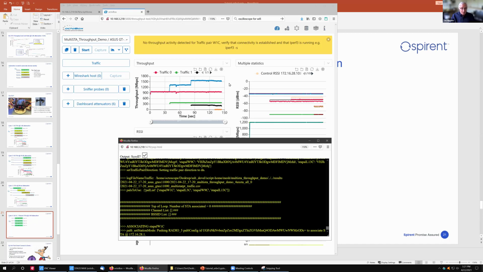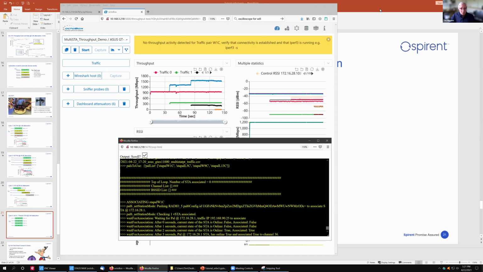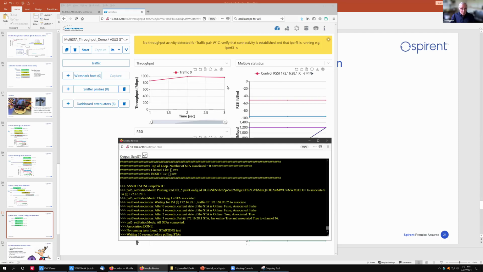There's also a scenario, and I've seen this because I've run this actually in the article that this tutorial is based on. I've run all 16 stations, and it's very interesting what happens as the later ones associate, because you really reach a point of diminishing returns in terms of maximum throughput. And so you can watch the total throughput, but what ends up happening to the individual stations is interesting.